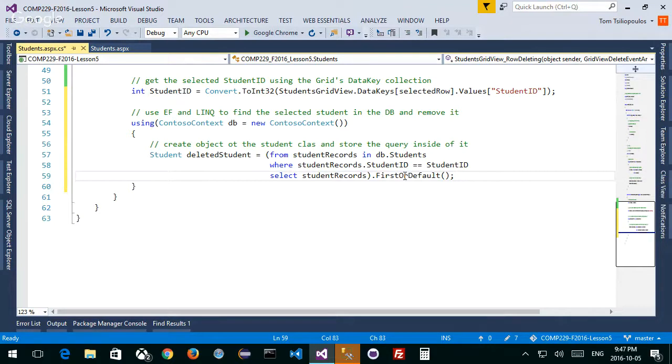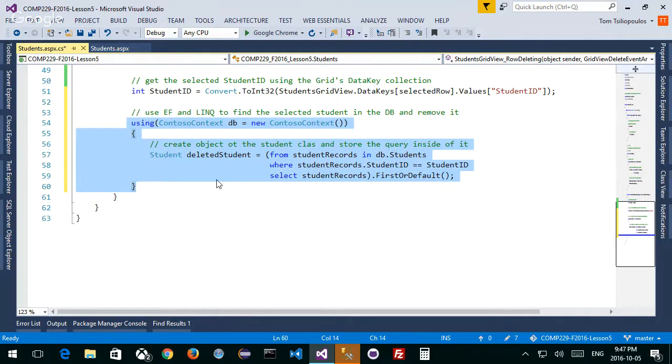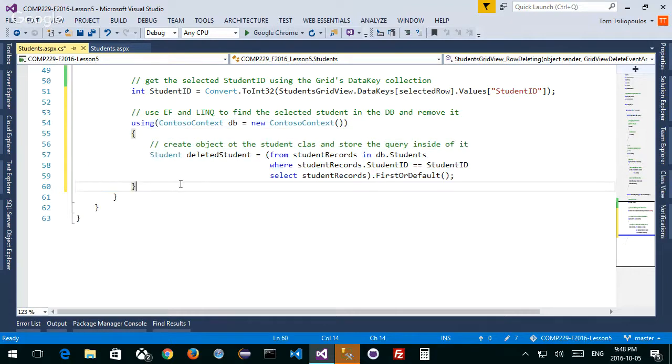This prevents that. By the way, you could put a try catch around the using statement, if you can't connect somehow to the database. I'm not doing that right now. I will later on. If you have a problem deleting, it could throw an exception. Anytime you have a connection to any kind of data store, you want to put it inside of a try catch and return what the problem was. For now, though, we're going to assume that everything is beautiful, and there's no errors whatsoever, ever in our code, which is totally not true.